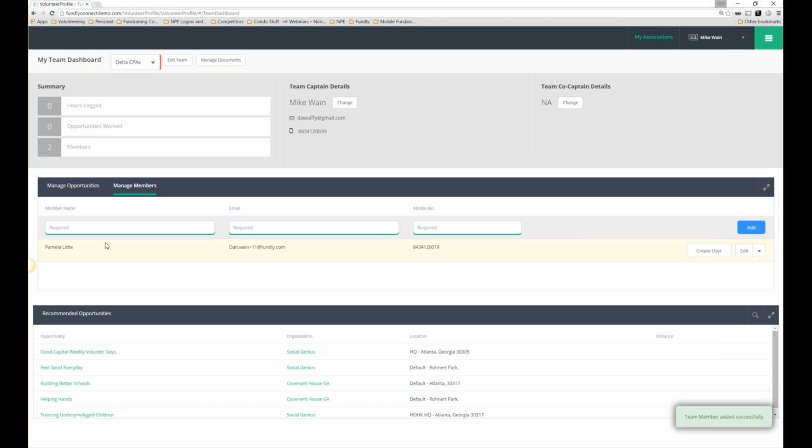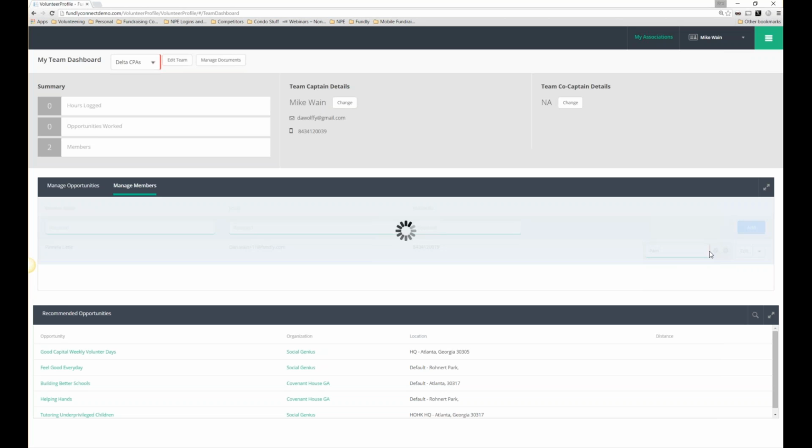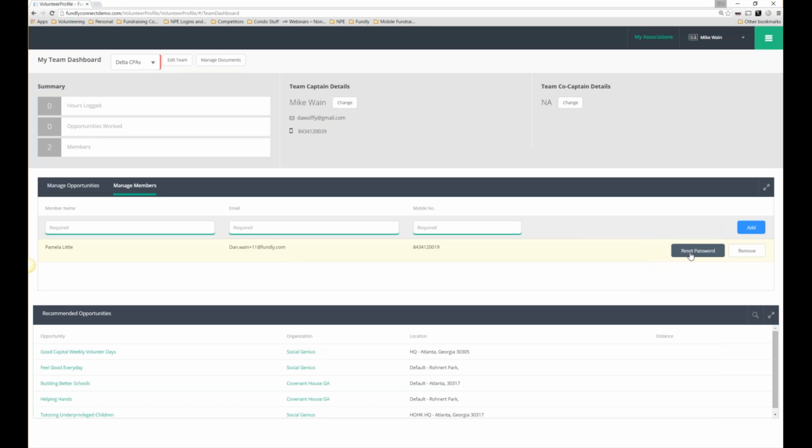Okay, Pamela is now a member of my team, and I need to create a user for Pamela. So I'd click Create User, give her a username, and then hit the check mark. Go with Pam. So using the email that we put into the system, it's now going to send her an email. I can also reset her password from here or remove her from the team if she is no longer a